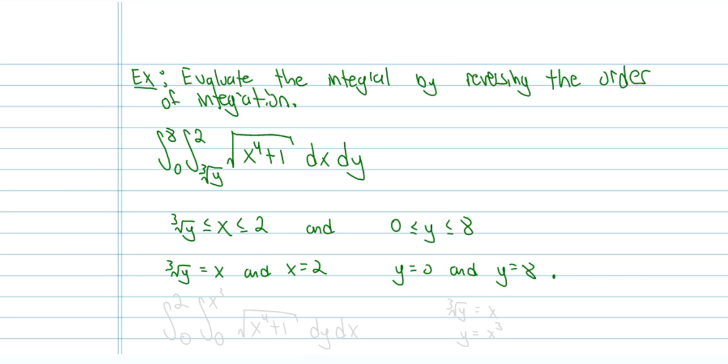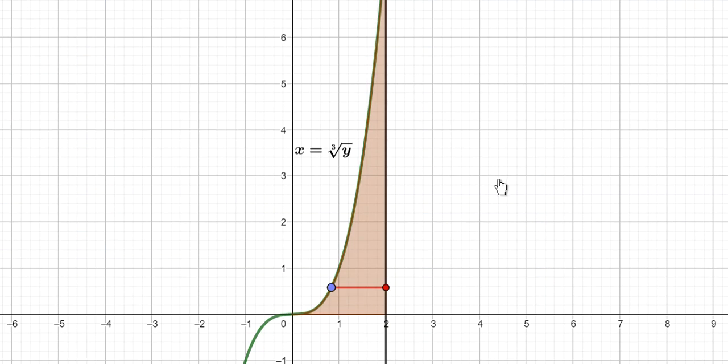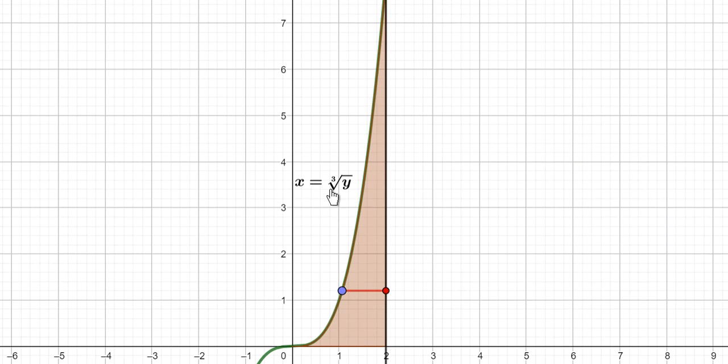All right. So when you're looking at that region, this is what we have so far. I have here on GeoGebra that I had graphed x is equal to the cube root of y, y is equal to 8, y is equal to 0, x is equal to 2, and we get this nice region inside. Now, the way the integral was given to us was that it was taking horizontal heights first, because if you notice the innermost integrand was from the cube root of y